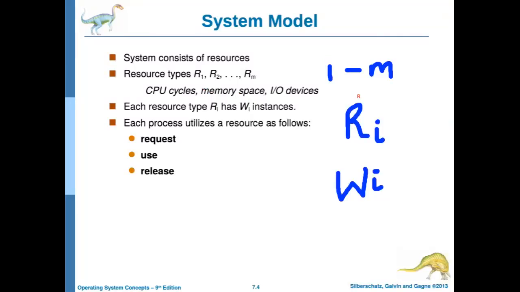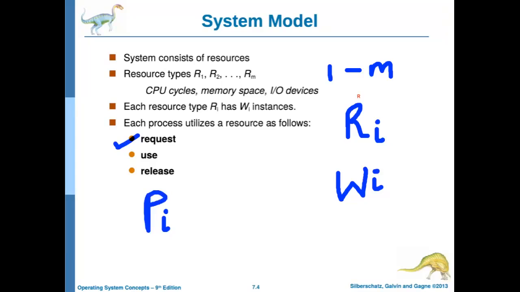So the ith process, denoted by Pi, will first make a request to the operating system, because the operating system acts as the manager for resource management. It could be hardware resources, your file system, memory space, IO devices, any type of resource. So the process first makes a request to the operating system, and if the operating system grants permission to